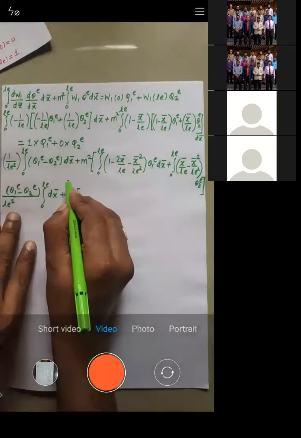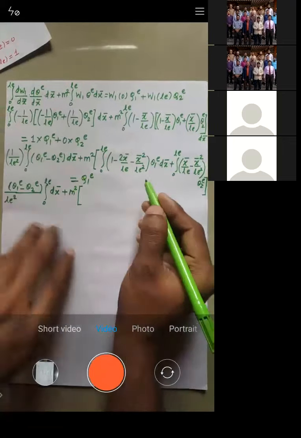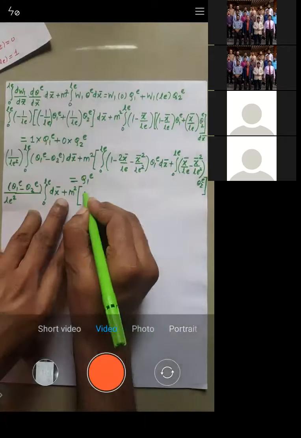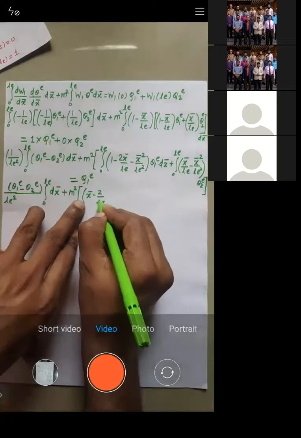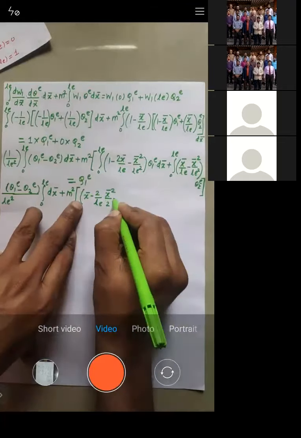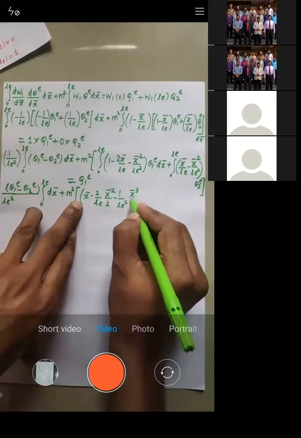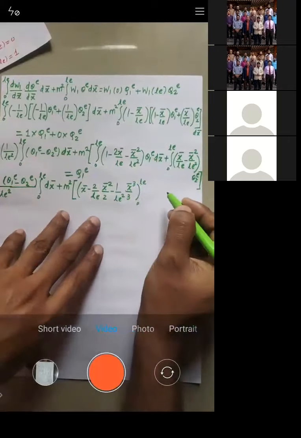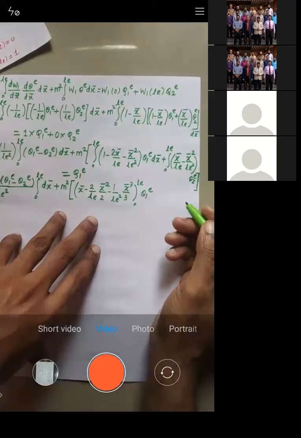See, here only that is remaining. E is equal to q1. Okay, let's integrate it. What is integration of 1? It's x bar, right? Integration of 1 is x bar. Minus 2 by LE, 2 by LE as it is. What is the integration of x bar? It is x bar square by 2, right? Minus 1 by LE square as it is. What is the integration of x bar square? It is x bar cube by 3 for the limit 0 to LE, into theta 1E, right? Yes or no?